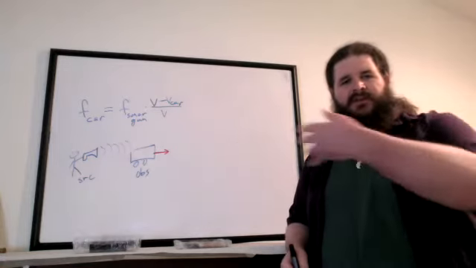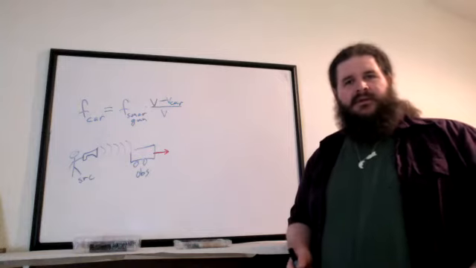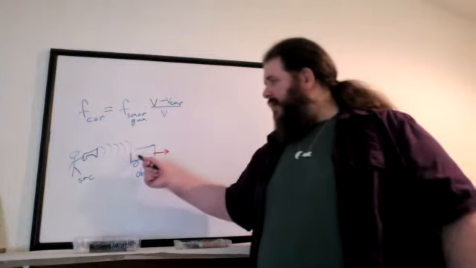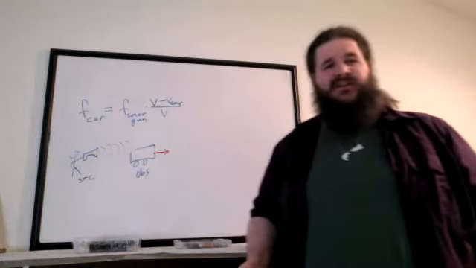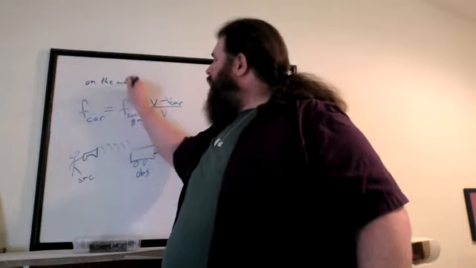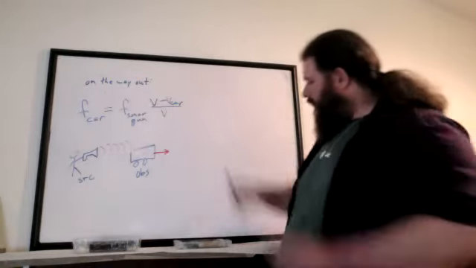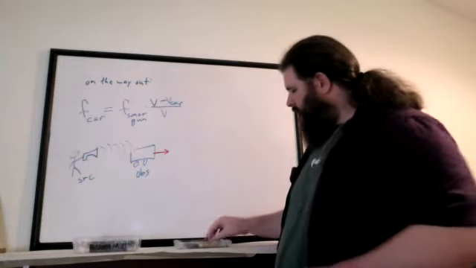You send out this sound wave, and then what? Does it bounce off of the car back to the gun? The echo bounces off the car and returns to the detector part of the sonar gun. So on the way out, your equation looks like this. Then on the way back, you're going to get a different equation.